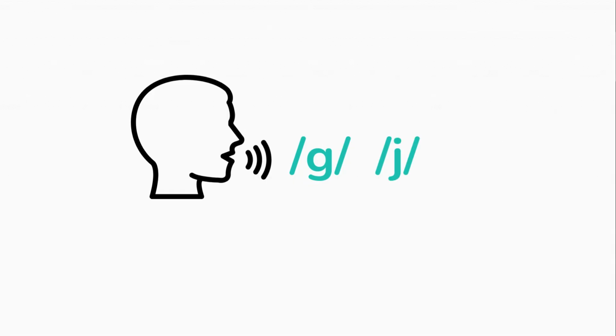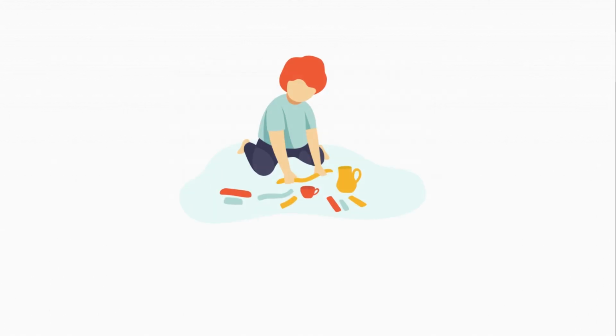one. So if it's the G, we want them to be able to say the G sound, and eventually the J sound. But G is perfect to begin with. We also want them to be able to find that letter in a book or in context, and we want them to be able to build that letter with Play-Doh or anything like that. They don't need to be printing it because that's a different skill, but we want them to be able to